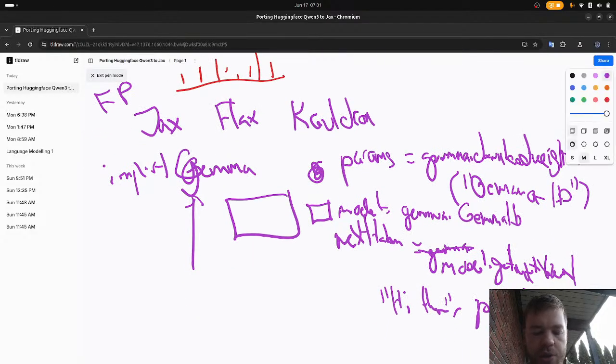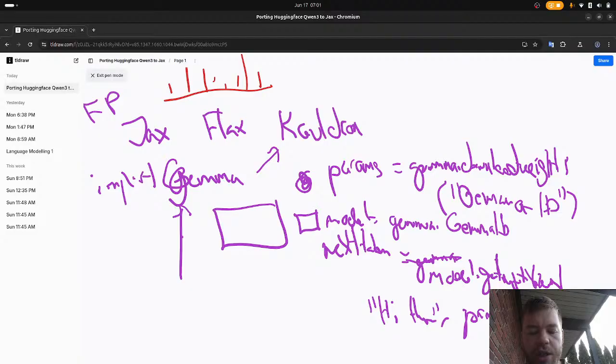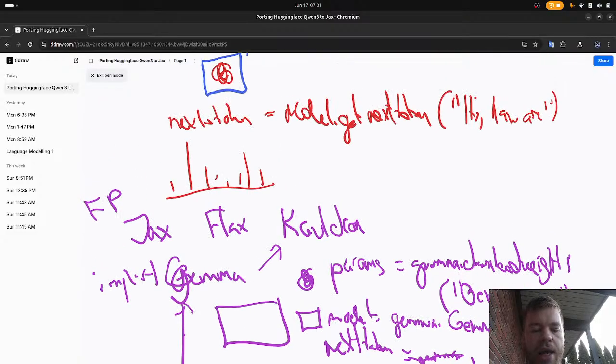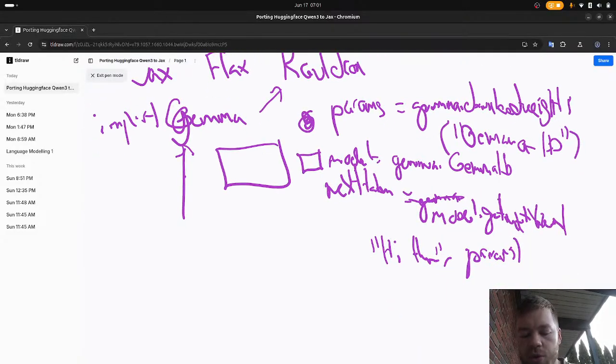So it's quite a good code base, and it uses Kauldron, which is their library in the Google JAX ecosystem, to train also. So a lot of this code is quite high quality, and it would be cool to do something like